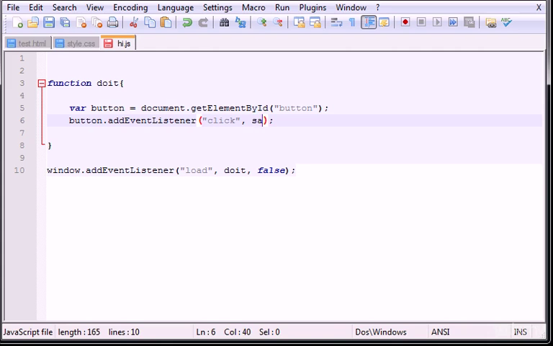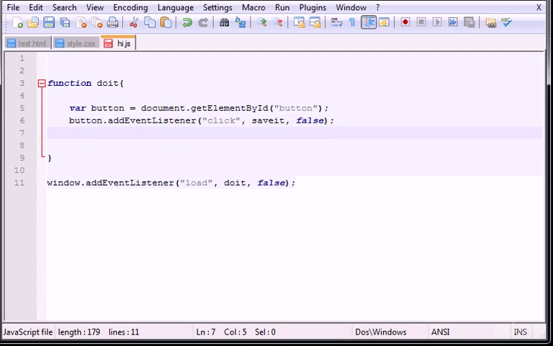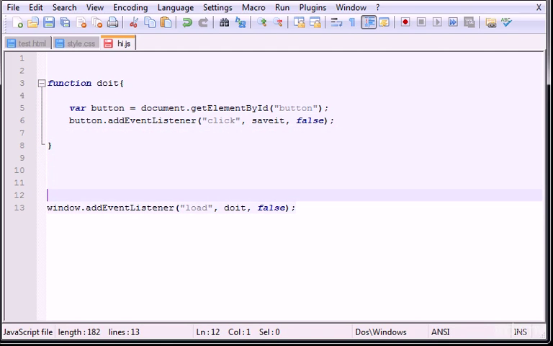the second parameter is going to be save. So this is a save it. This is a function I'm going to create, and third, false. Now we need to create the second function, which is save it,